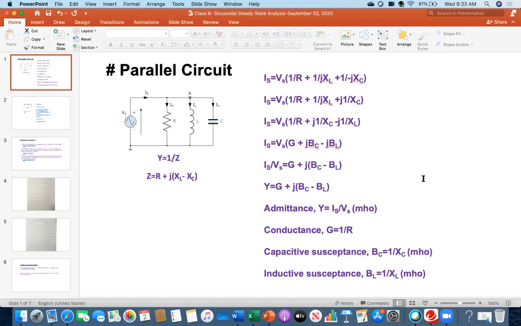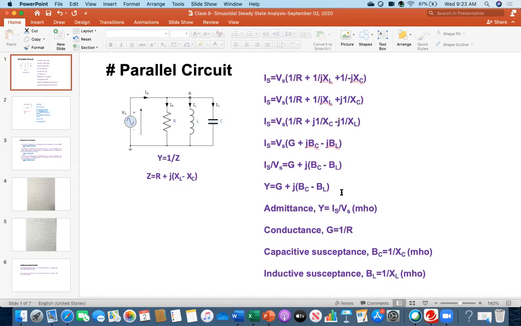Yes. So therefore, with this new topic, you need to be a little bit attentive and have a little bit of patience, and if you do, then you will get to enjoy it. As I said, as an electrical engineer, from today you must memorize this one: Y equals G plus jBC minus jBL.